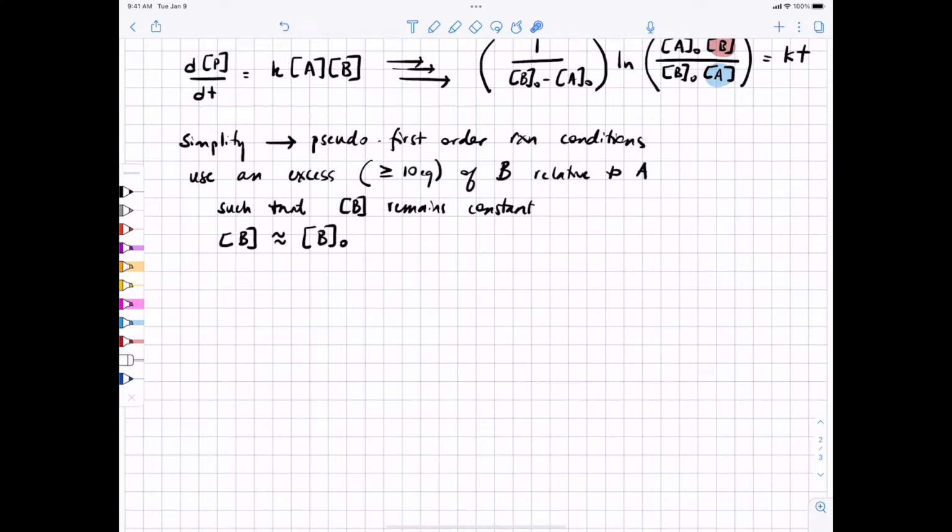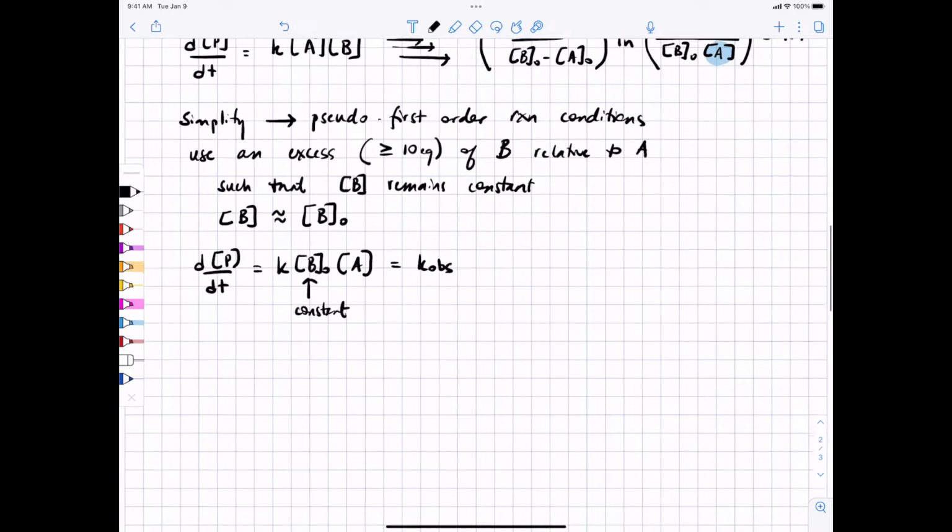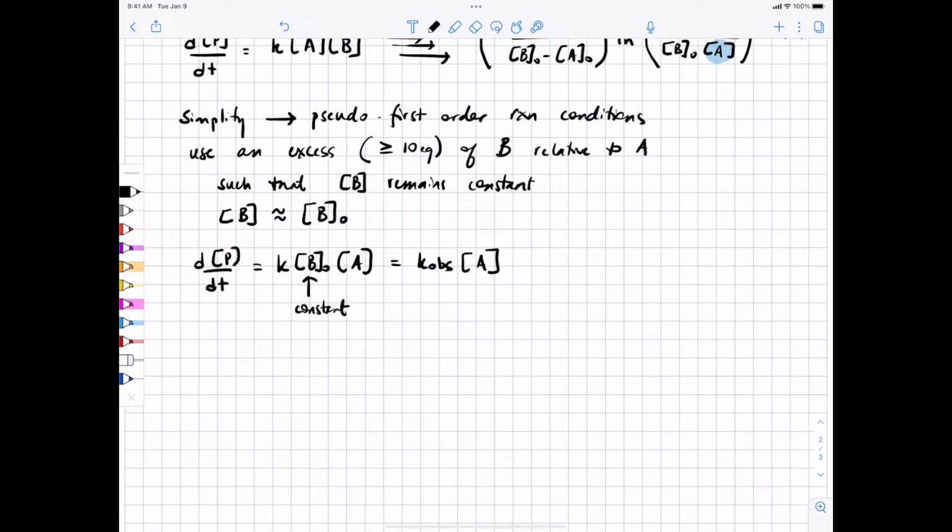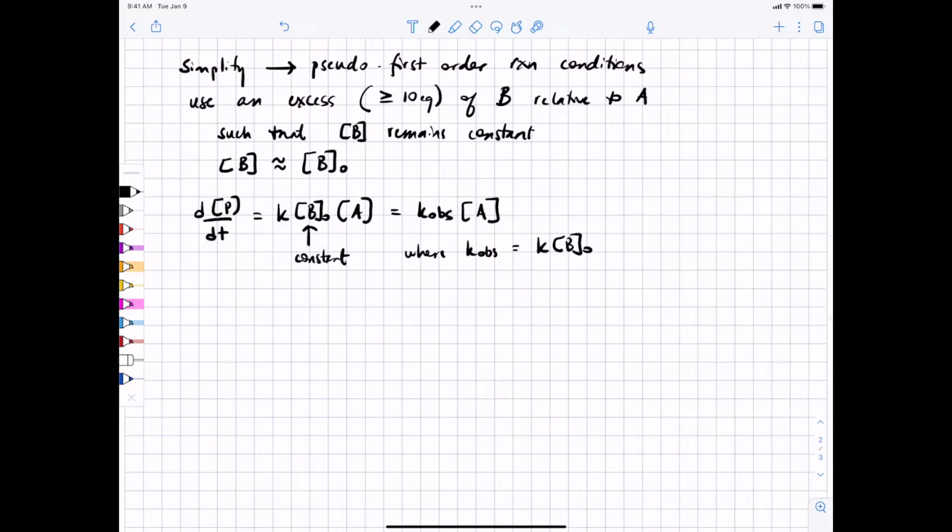Under those conditions, we could write the rate law as k times concentration of B times concentration of A, but this term is going to be mostly constant, and so we could instead rewrite the rate law as k_obs times the concentration of A, where k_obs is equal to our actual rate constant times the constant concentration of B. Okay, so in that way, we can find an observed rate constant,